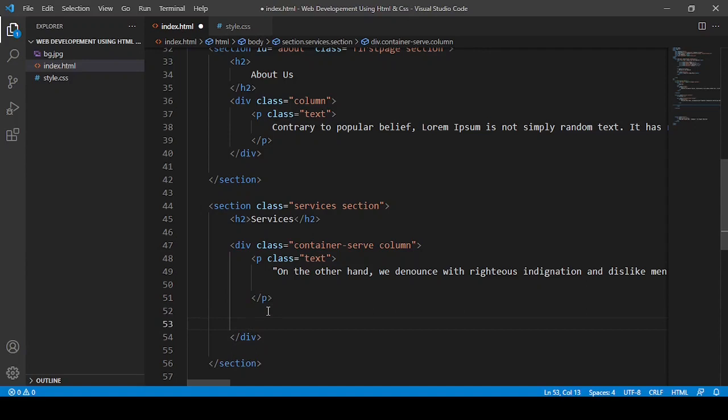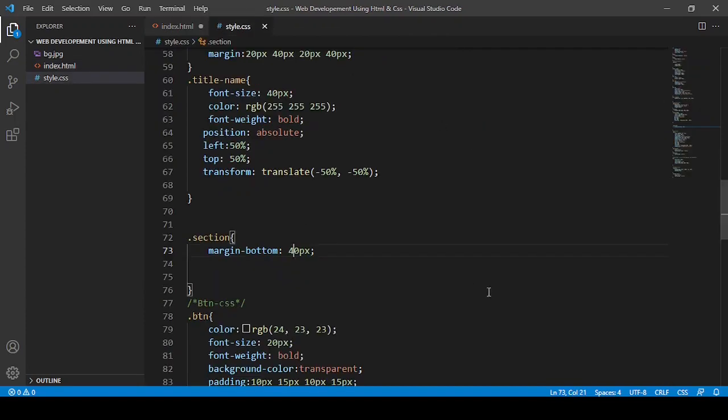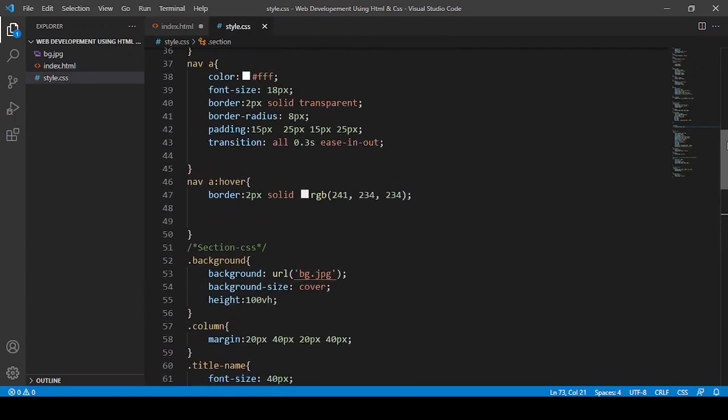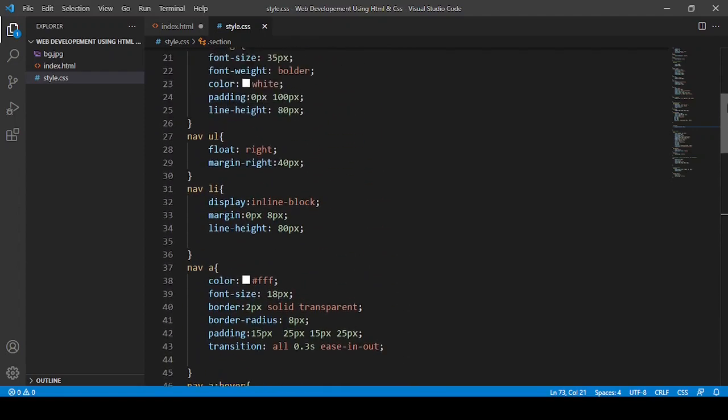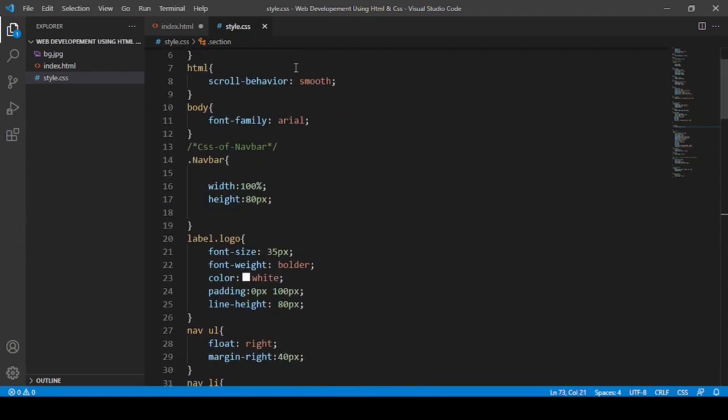So what I'm going to do is, here in this column only, where is this column? So here I want to tell one thing.